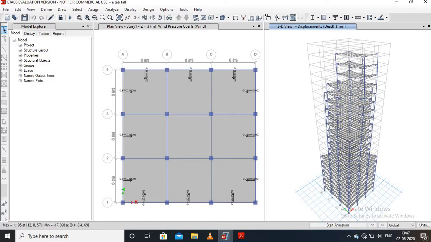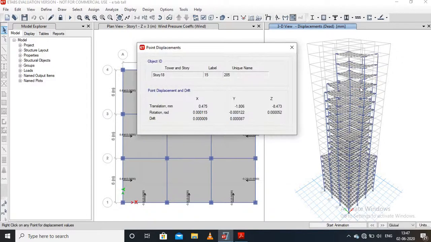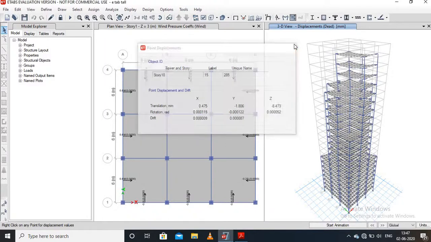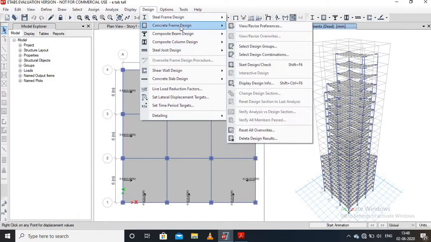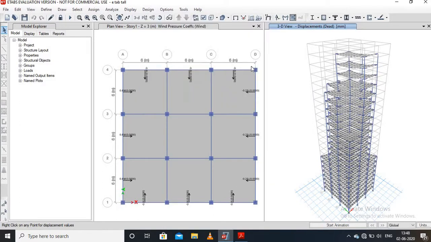Check the displacement value of any point by right clicking on the point. Okay, then go to the design menu, we have to check the concrete frame design and go to the steel design check option.